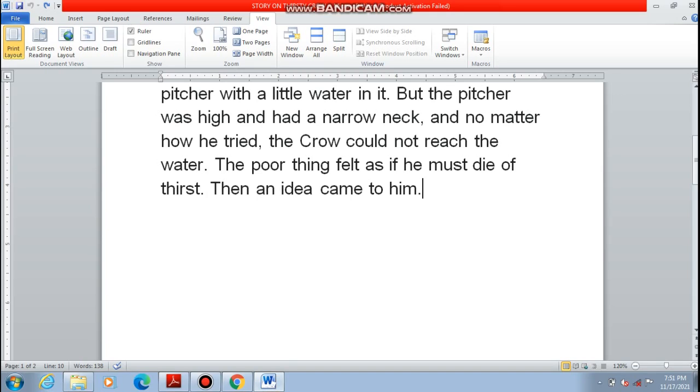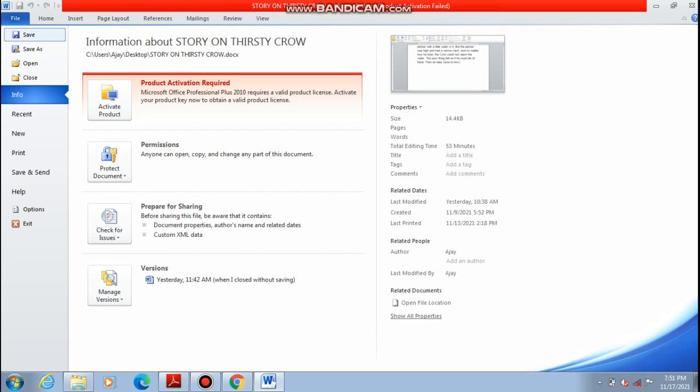As you click on this file tab, it shows you the backstage, meaning what is there behind. As I click here, you can see save option, save as, open, close. Open is used for opening a document, close is for closing the document. If you want to open some new document, you can click here and open a new one. And if you want to see the documents you have recently worked on, you have to click on this recent option in MS Word. Clear?